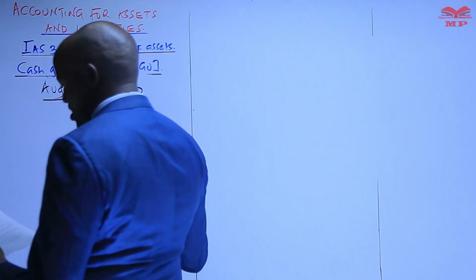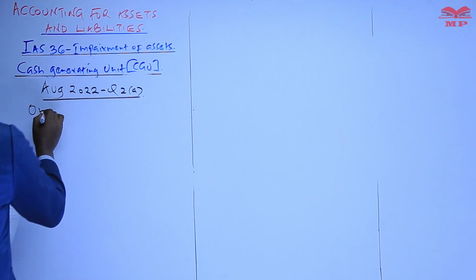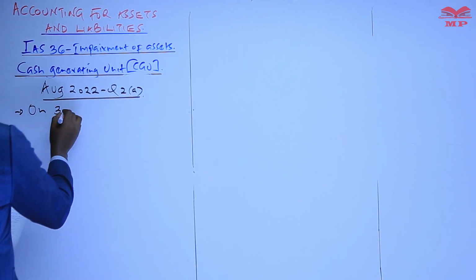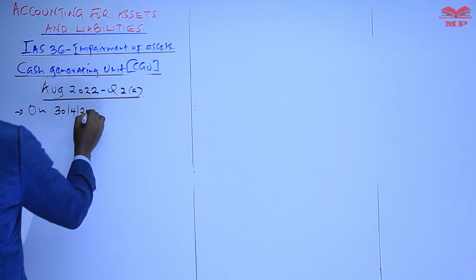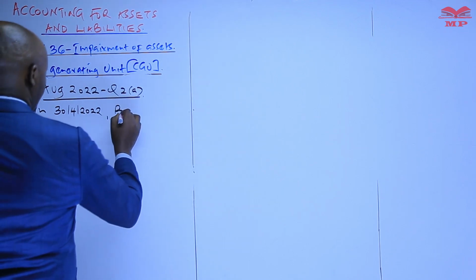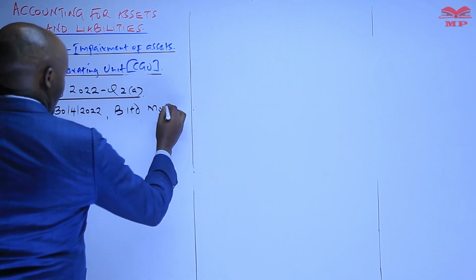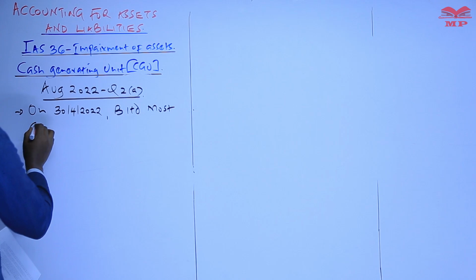So before we determine the impairment loss, we can say that on 30th of April 2022, which is now the end of the year, B Limited must carry out